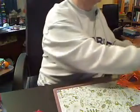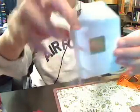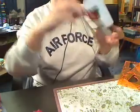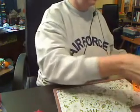Alright, there's one, and then this is a template that I made. I haven't quite finished it up yet. Again, it's embossed here, so it's really pretty. Open it up. I only have one of the stamped images in, but I'll be putting all three in. So just to give you an idea of how you can start, how you can do this, and just give